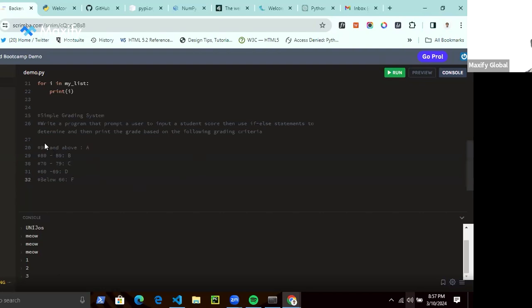The hint is very simple: have a variable, maybe score, that gets a particular number. Then you can run if and else clauses to see what grade the student has and then print it. It's a very, very simple program. So let's try it out. If you have any question, just let me know.